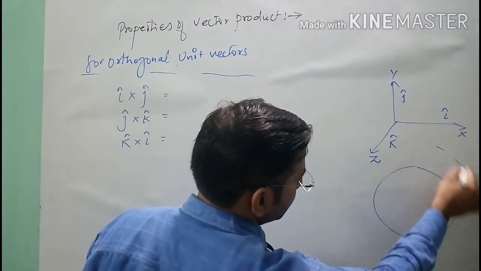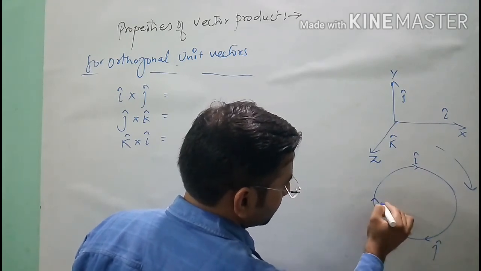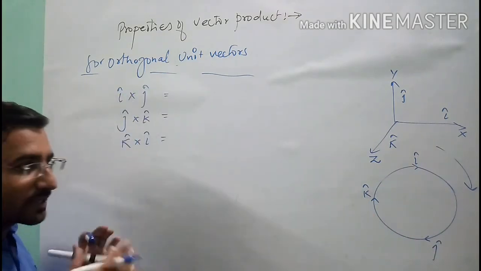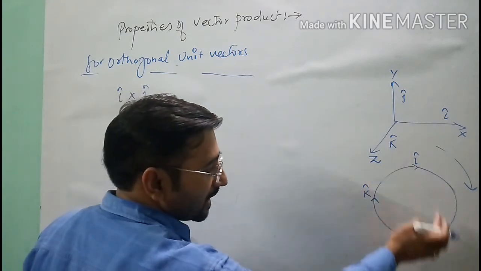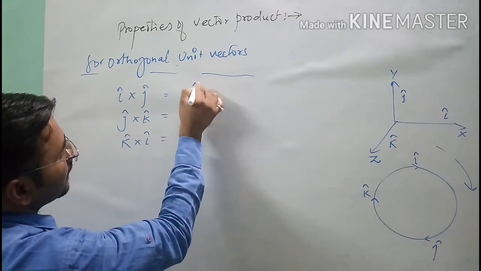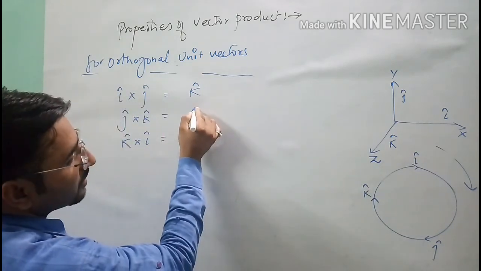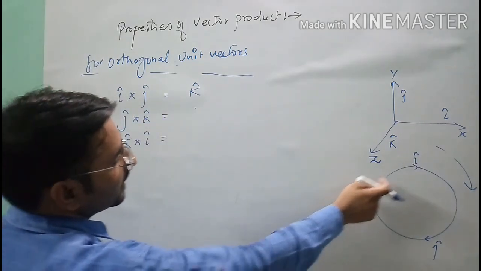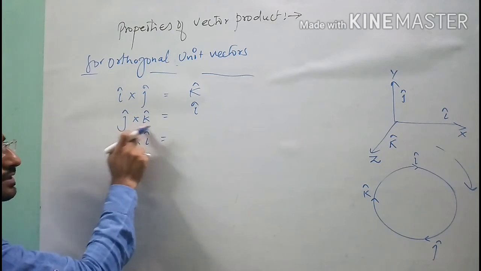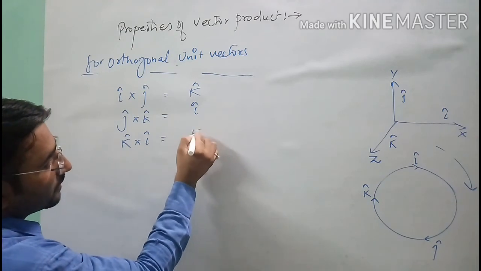So see, we will follow the clockwise rule this time. Suppose this is our i vector, this is our j vector and this one is our k vector, meaning i cap, j cap and k cap. If you do the cross product of i and j, meaning i cap cross j cap, it will give you k cap. Remember this point. And after that, j cross k. Tell me which is remaining here, i cap. Here we are seeing the direction of the cross product of these two unit vectors, and after that k cross i is equal to